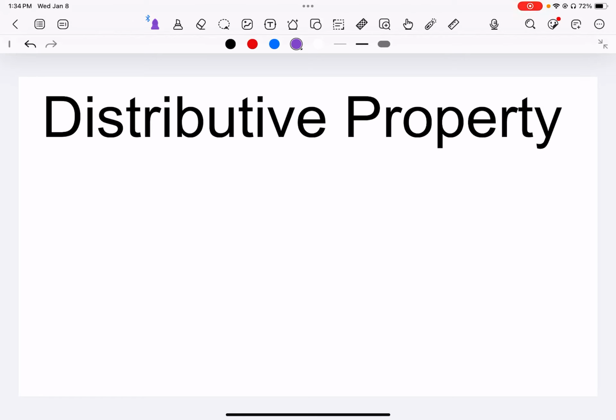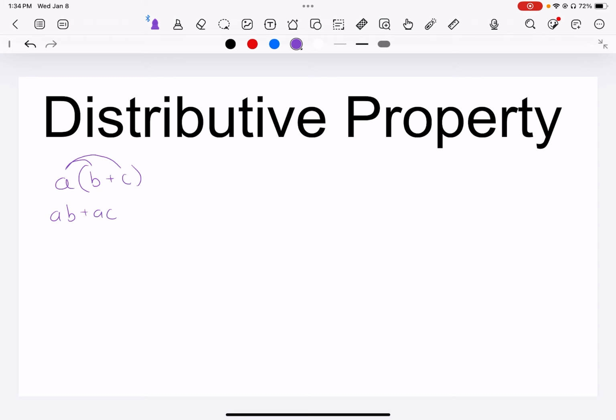This lesson is using the distributive property on expressions. The distributive property states that if you have a variable or a term or a number outside a set of parentheses, you can distribute or dispense that variable to each term inside of it by multiplying. So this will give us a times b